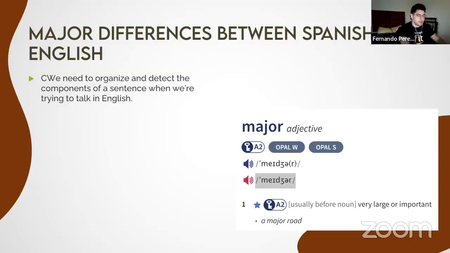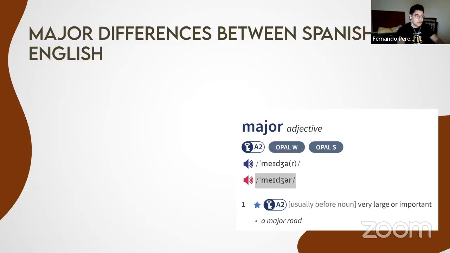So some of the most common mistakes when Spanish people speak English is the use of